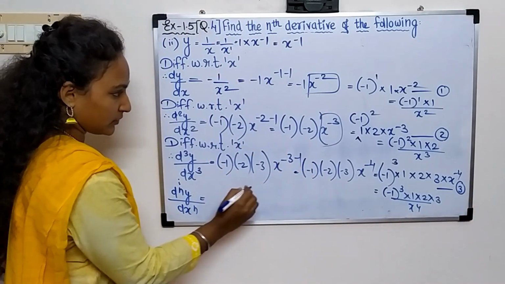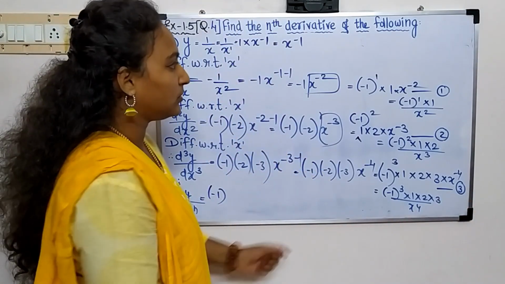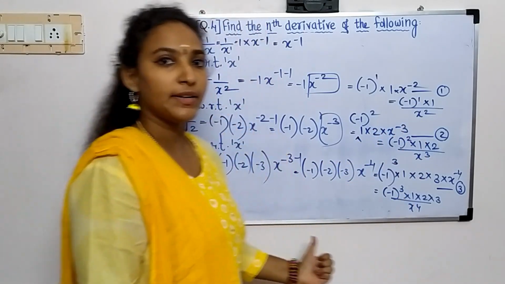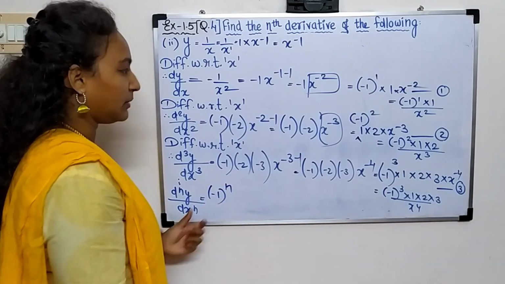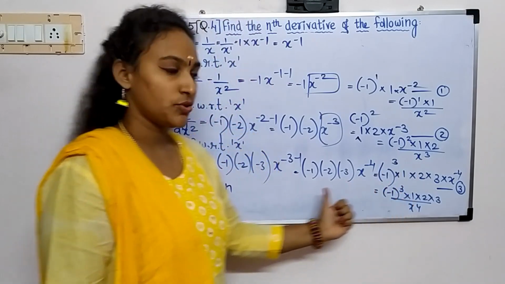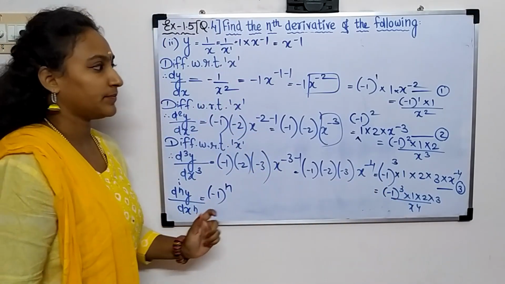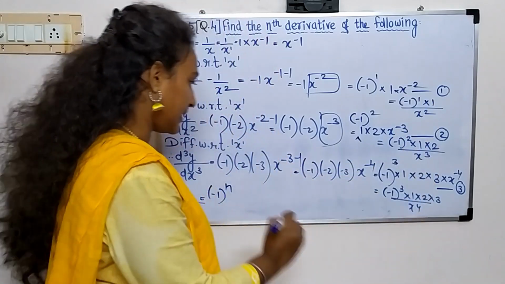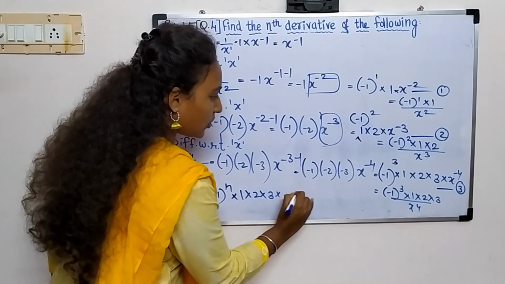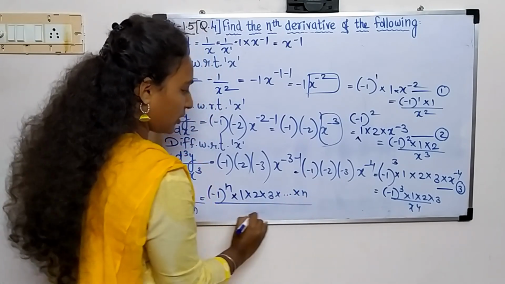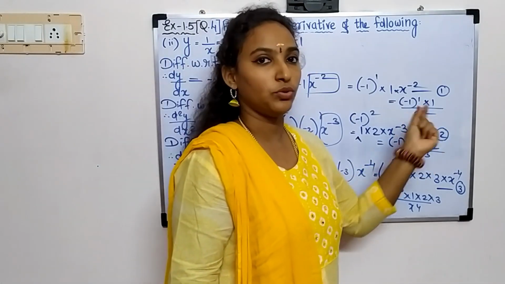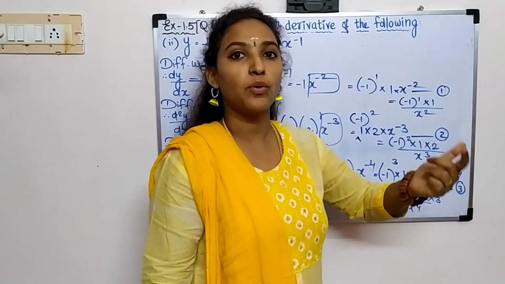So we have minus 1 raised to, this power is 1, 2, 3, then here it will be n. The power of minus 1 is starting from 1, then 2, then 3, and so on, so it will be coming up to n. See the next number, as I said, you have to write 1, 2, 3, and so on up to n. In the denominator x, see the first derivative starting with 2, not 1. That is one number more than 1.